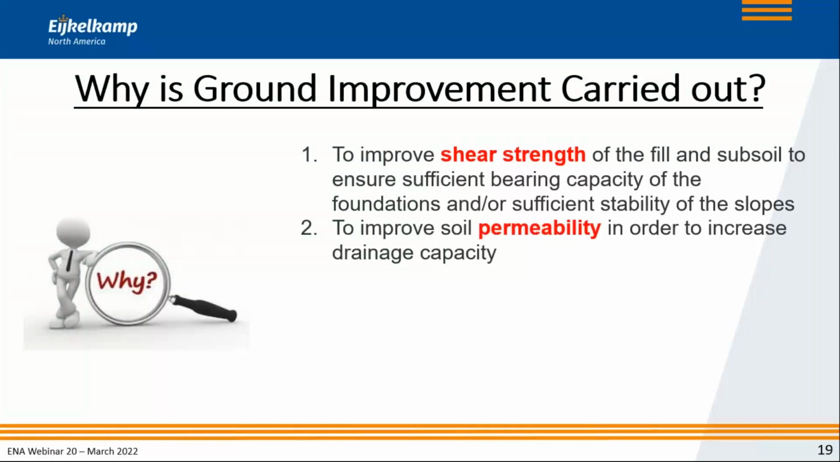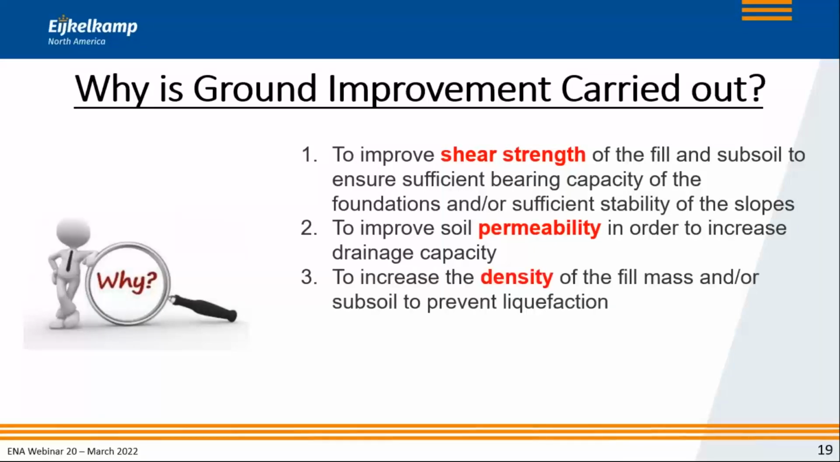The second one is to improve soil permeability. As you're putting those vertical drains in there, you make sure that you increase the permeability, therefore increase the drainage capacity so that you can get rid of that excess groundwater. And that's what the wick drains or the vertical sand drains are all about. The third objective is to increase the density of the mats or the subsoil. Again, densification not only improves the shear strength, but it also will help you to prevent liquefaction. So that's a third objective that you have as you are trying to